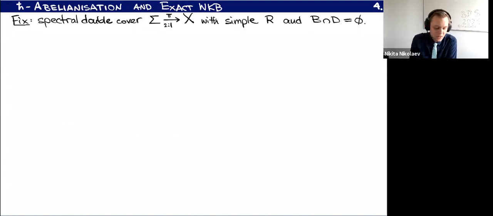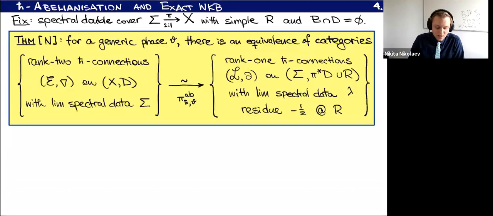So here's the main result that I want to explain. It's called H-bar abelianization. What I'll do is fix a spectral data. So it's going to be a spectral double cover sigma, with the assumptions that the ramification is simple and that the branch locus on X is disjoint from the places where I allow my connections to develop singularities. And then the theorem goes like this. So if I fix a generic phase theta,